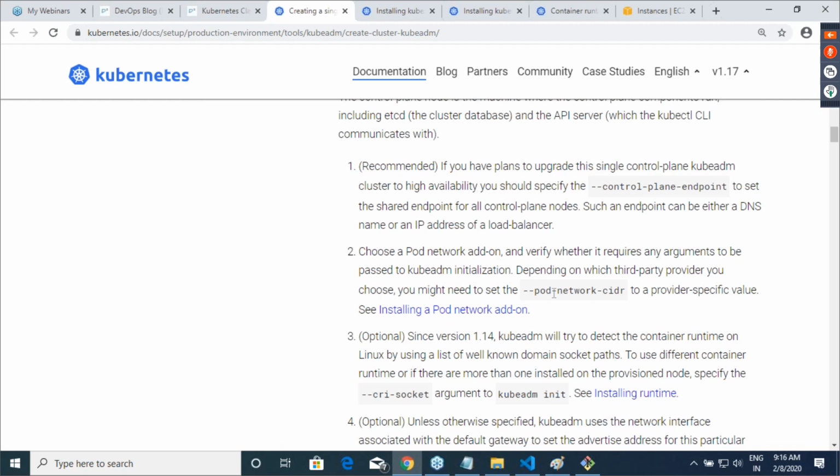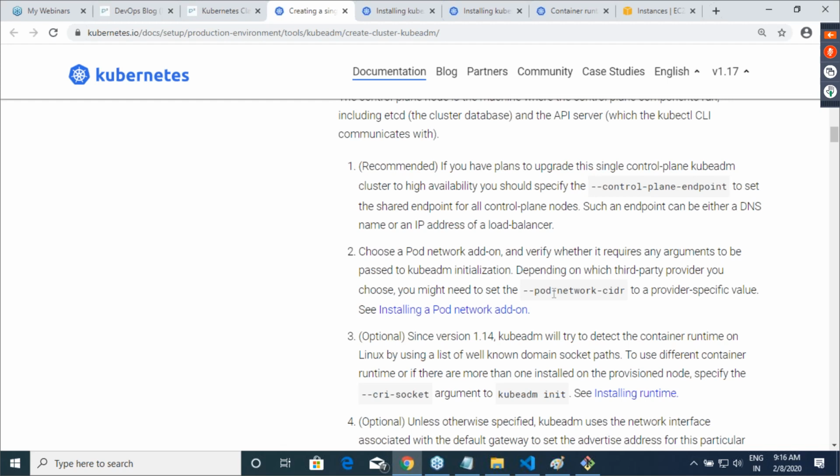Are you seeing kubeadm and then init? So basically that is the command which you need to execute. The moment you say kubeadm init, it will do all of this stuff. But remember, after we install Kubernetes, we'll be installing something called a pod network, and for that kube-proxy. We have many variants, and we'll worry about what these variants are at a later point of time. But if we are using flannel, remember that while you are doing init, if you don't pass this, you cannot create a flannel network.